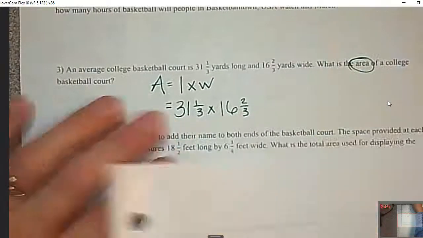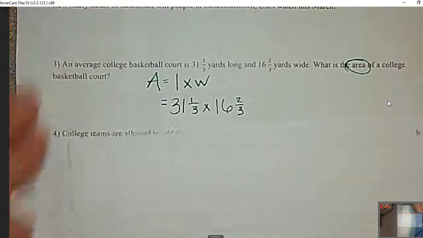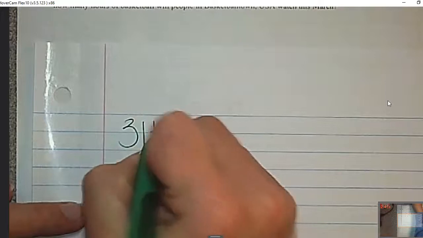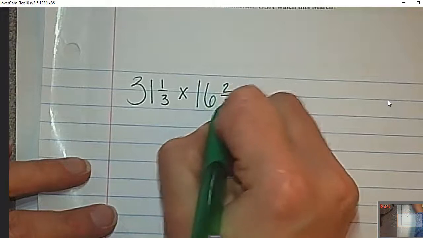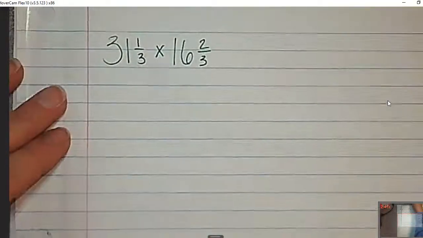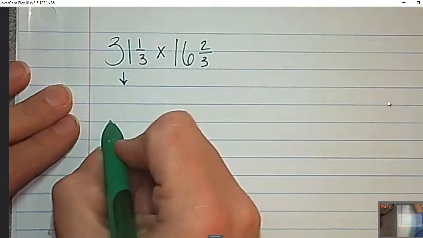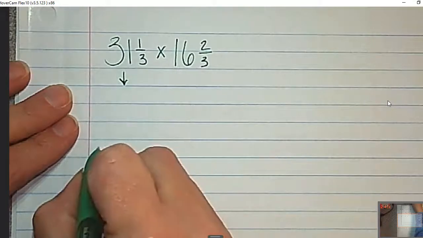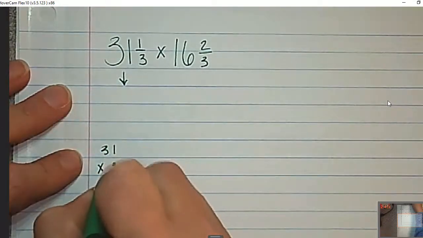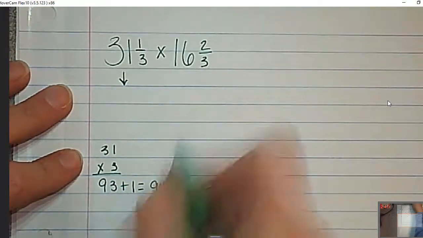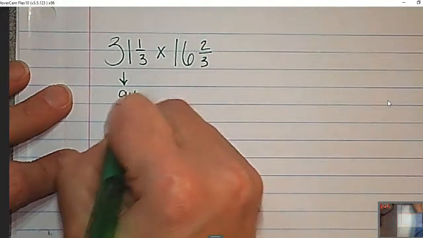Of course, we know we can't multiply this how it is, so we are going to come over here. I'm going to get out a piece of notebook paper, and I'm going to hide this now since I know what I'm going to do. So just know that you won't be able to see that right now. I'm going to write down 31 1/3 times 16 2/3. I expect to see this on your notebook paper, and then underneath it, you're going to convert to an improper fraction. These numbers get pretty big, so I am going to multiply out 31 times 3 to get 93, and then add my 1 to be 94. So this is 94 over 3 times